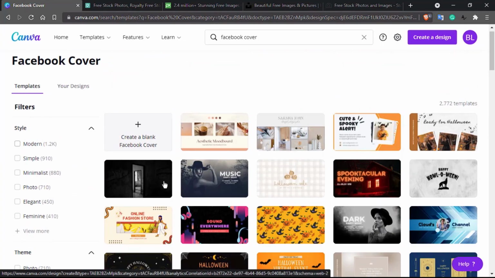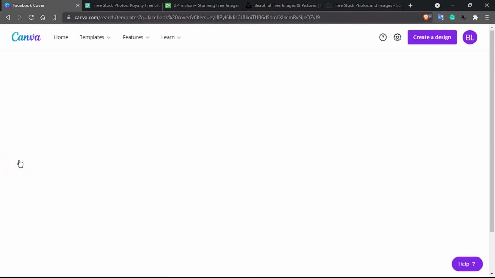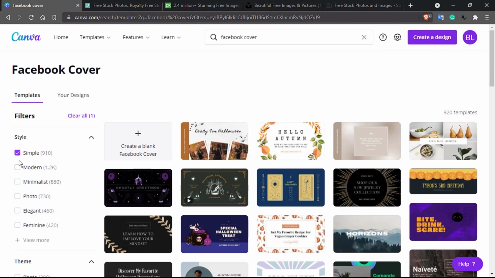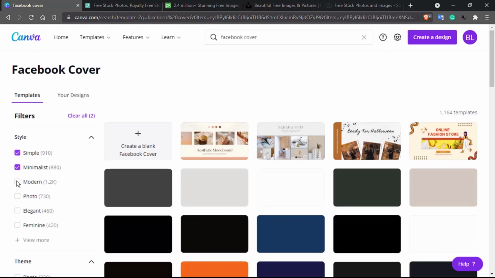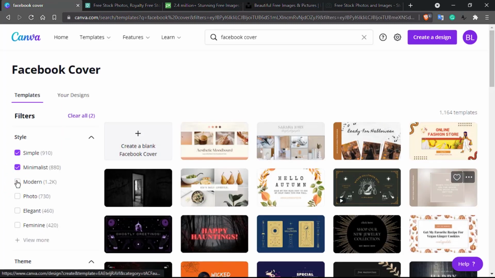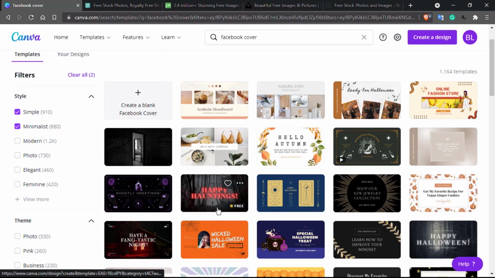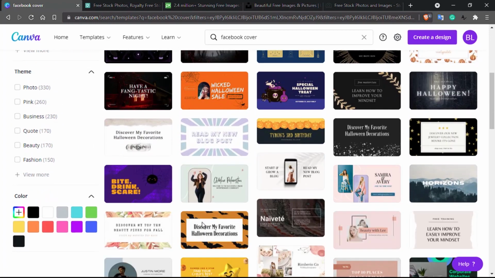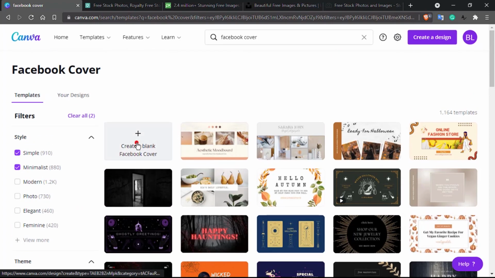If you want some simple and minimalistic design, you can just click on your filters, and here is minimalistic and simple. So let's see. Now this is all simple and minimalistic looking. For this one, you can see even this one is nice looking. So for this one, let's start straight by creating a